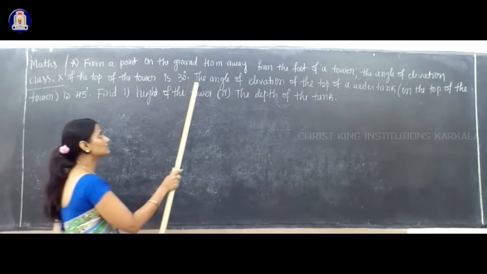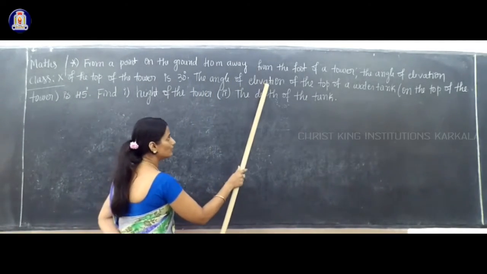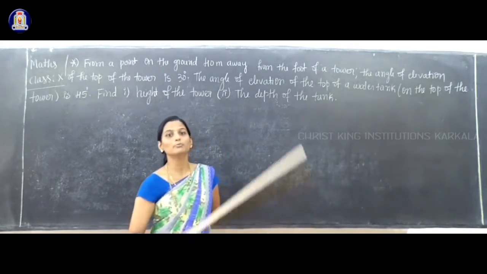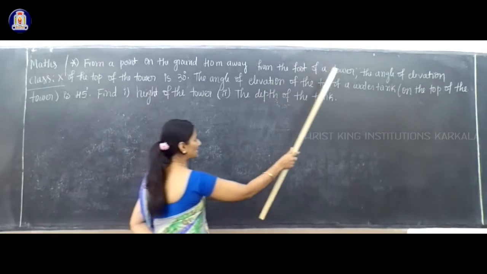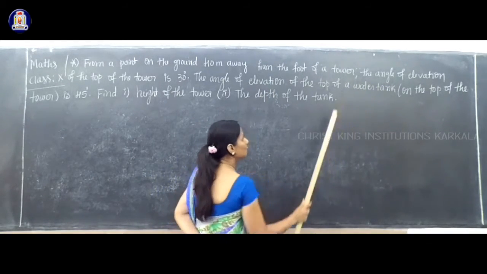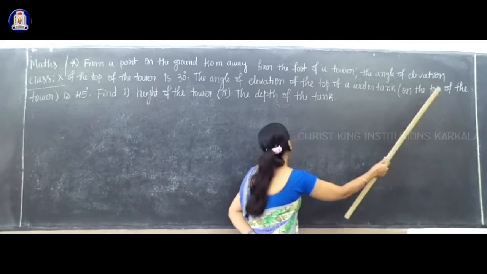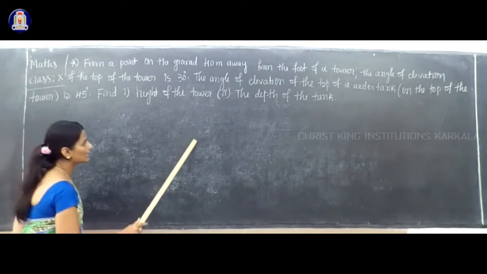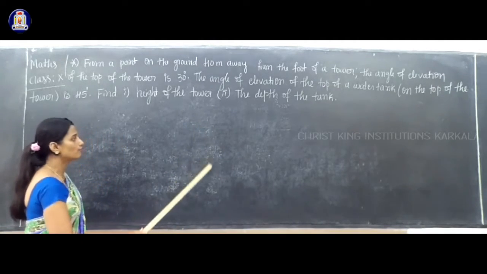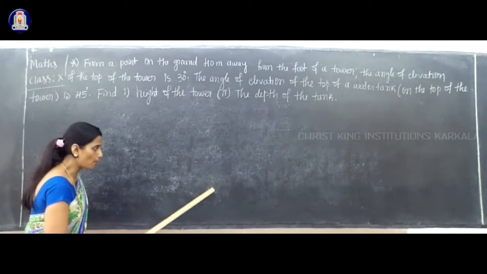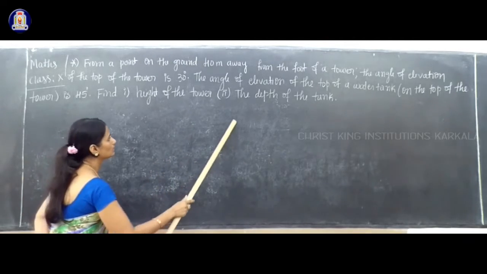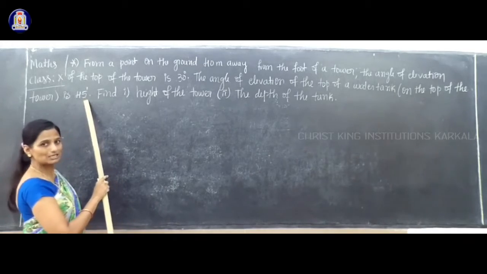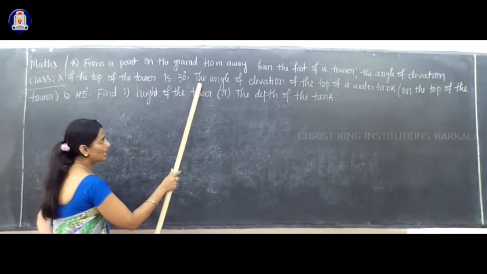Okay. So now next, the angle of elevation of the top of the water tank. So here is one more object. What is that one more object? That is the water tank. It is given on the top of the tower. So where is that water tank? The water tank is on the top of the tower. So on the top of the tower there is a water tank. Now it is 45 degree. What is that 45 degree? Again read. The angle of